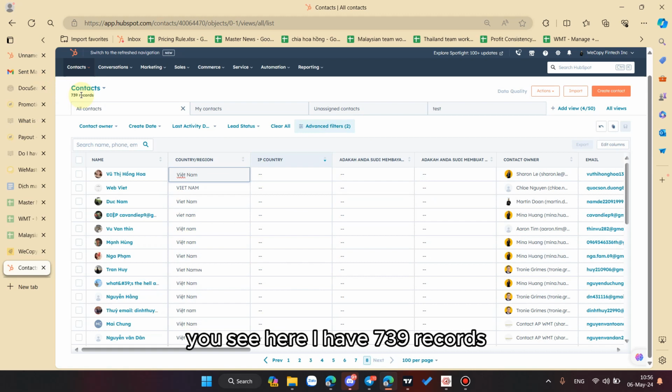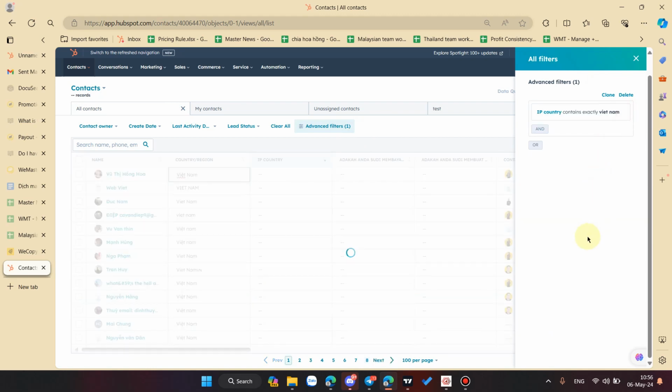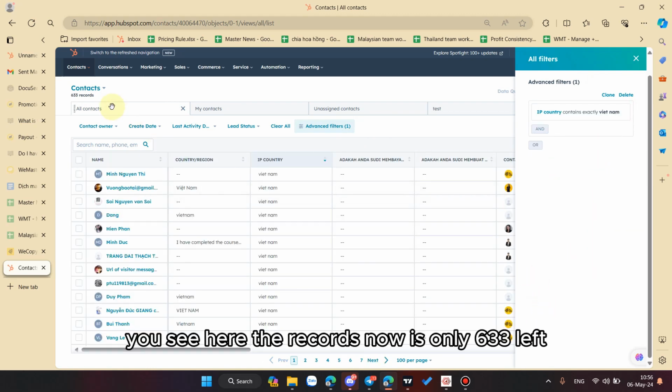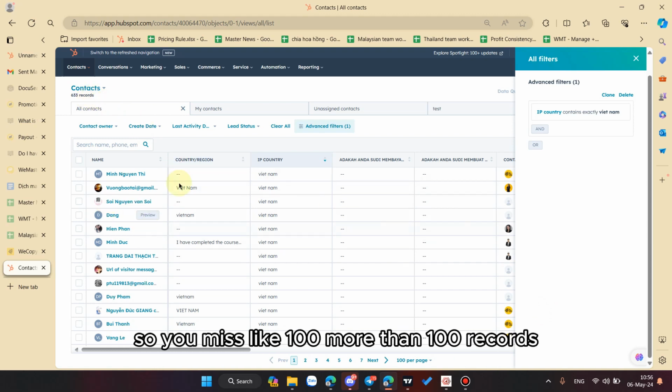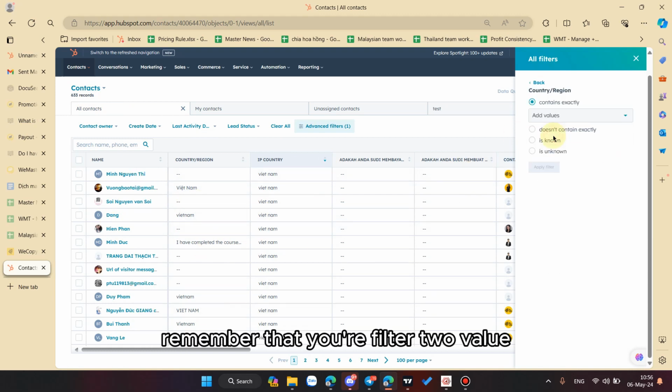Here I have 739 records, but if I delete the country region, the record count is only 633 left, so you miss more than 100 records. So for the country, remember that you filter the two values.